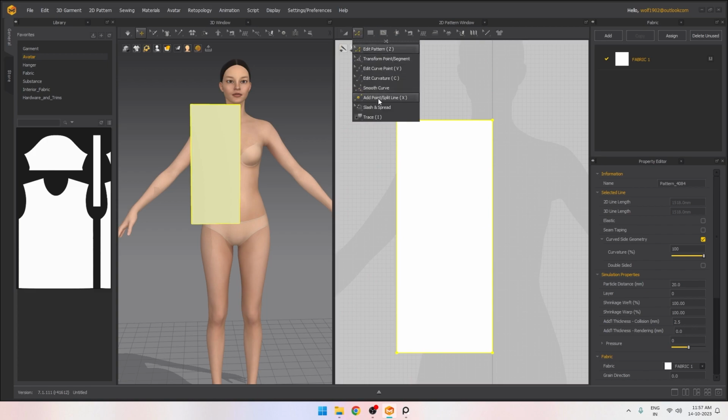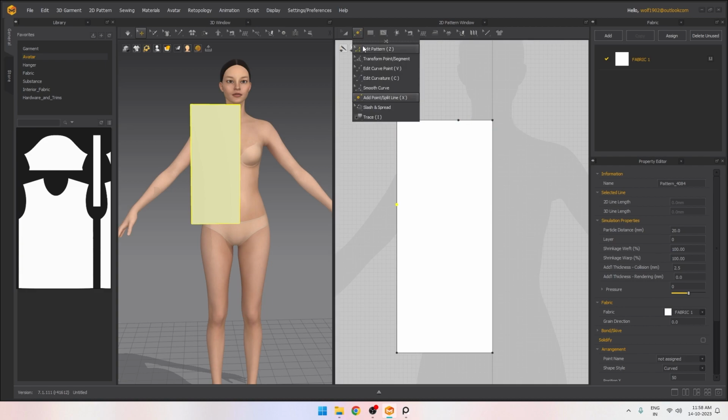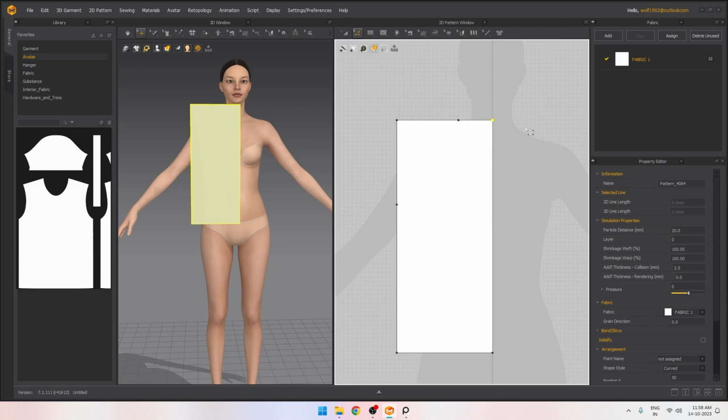And then I'll go to this add point or split line. As you can see, we need to create a curve on this point, so we need to add a point like this, and for the curve on the side I'll add a point here. Now to create the curve, first I'm going to select this and bring this down using my arrow keys on the keyboard. Also I'm going to pull this down a little bit,